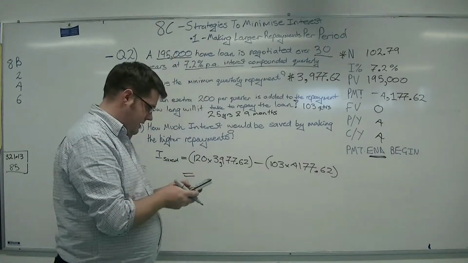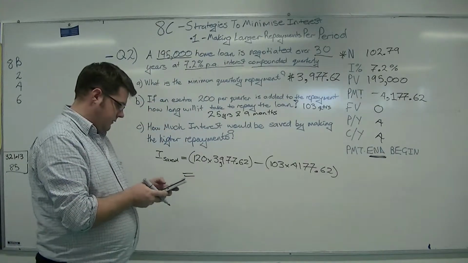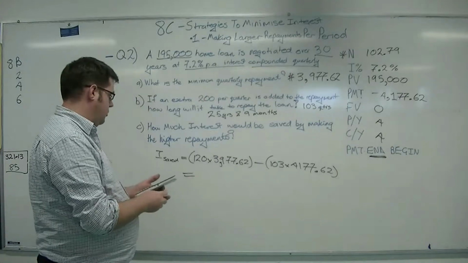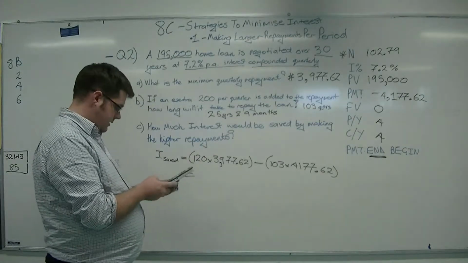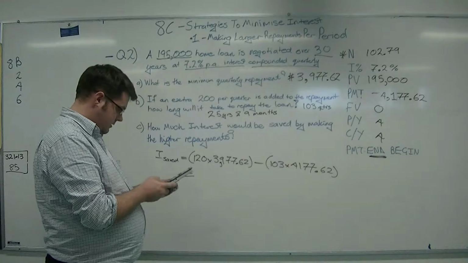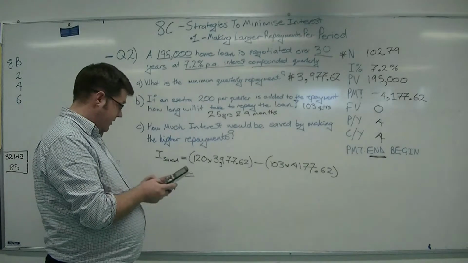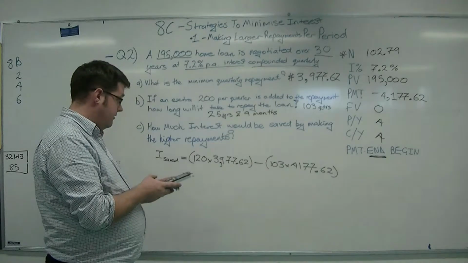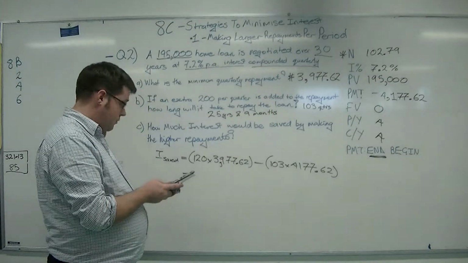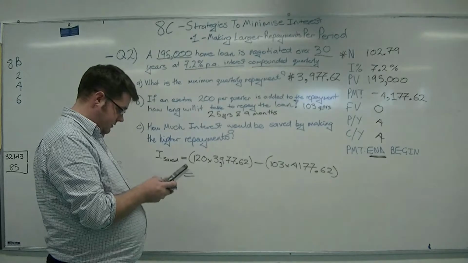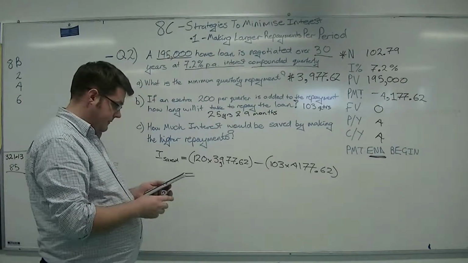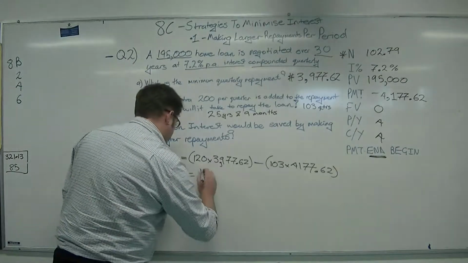Now if we quit our TVM calculator, go to normal mode, open bracket, 120 times by 3977.62, close bracket, minus open bracket, 103 times by 4177.62, close bracket, enter. We end up with the answer of